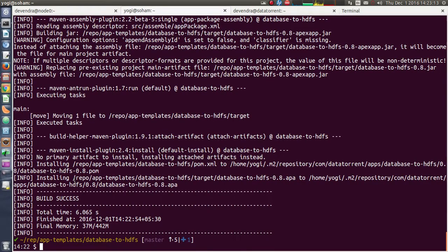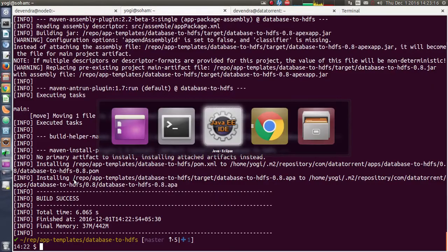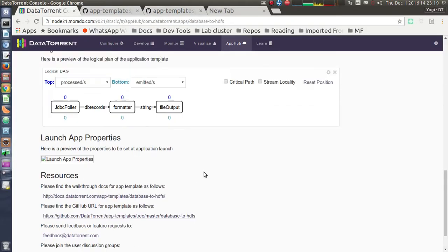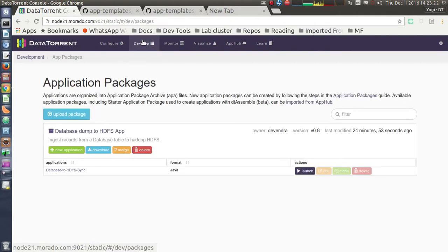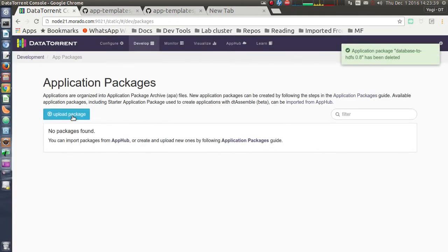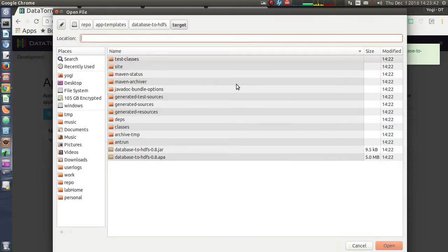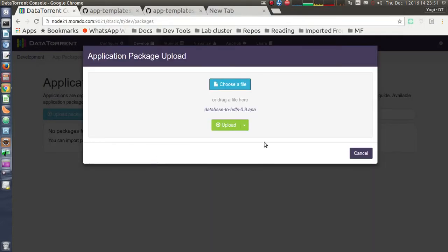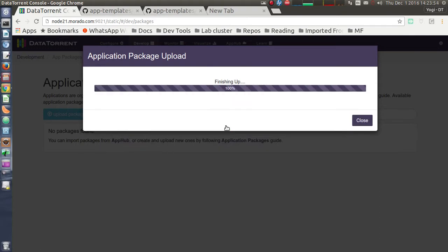Now we can upload this .apa package onto the UI console. Let's go to Develop App on the UI console. We already have one instance, database dump to HDFS app. Let's delete this instance which we had imported from AppHub. Now we can upload the package which is customized for us, and we click on the upload button.